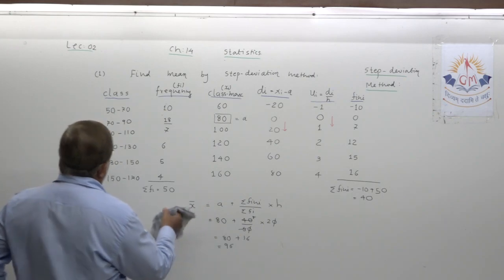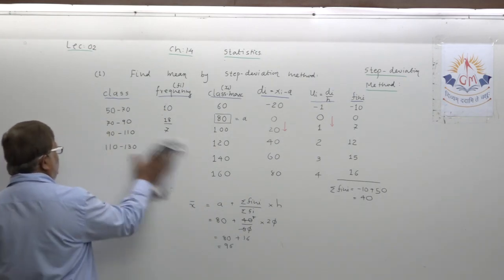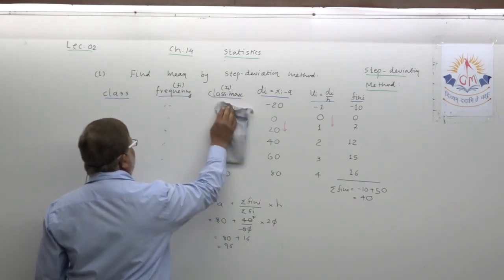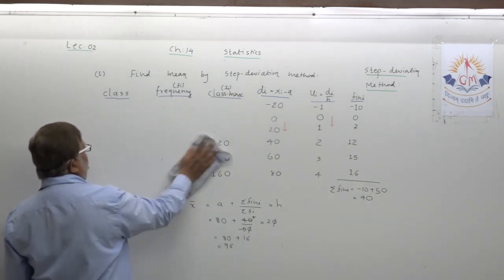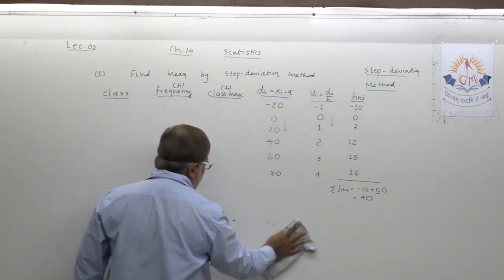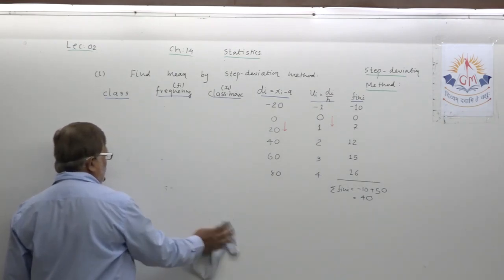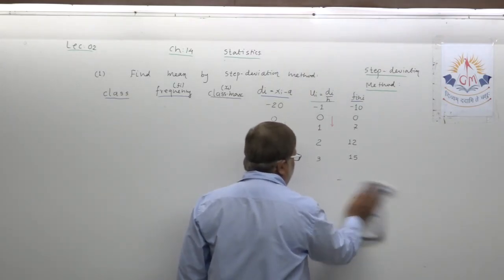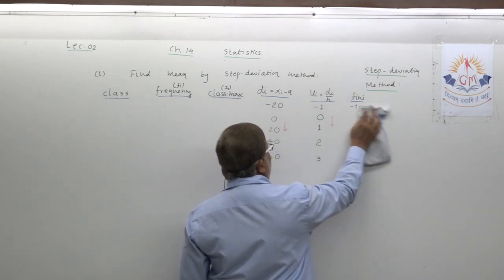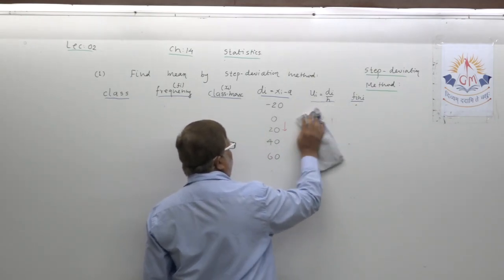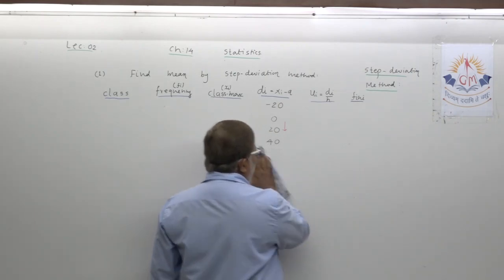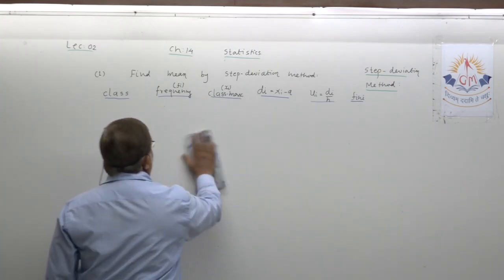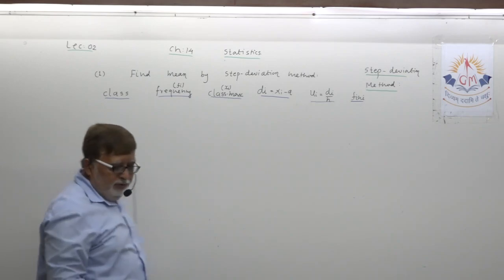So first example today, let me target another example. Here the title we are keeping as it is. Example number 2, where I am going to target not continuous data, but discrete data in this example. What is the meaning of discrete or discontinuous data? I am going to explain that when I show the class and frequency here.